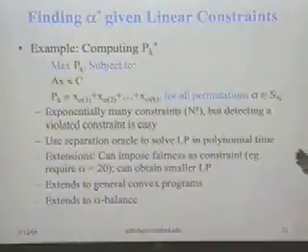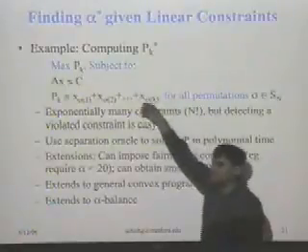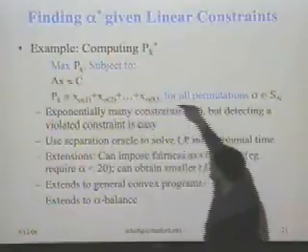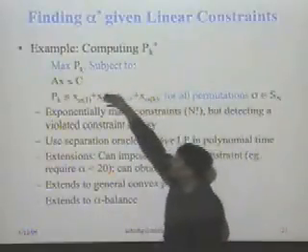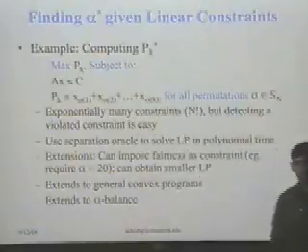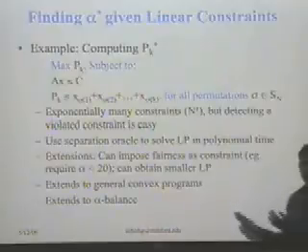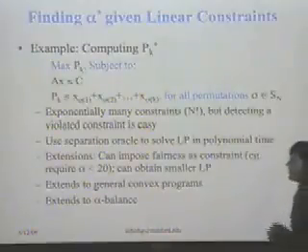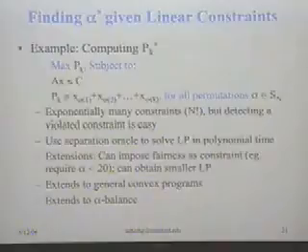How will you detect a violated constraint? Given a candidate solution, you would just arrange all the x's in increasing order. Once you arrange them in increasing order, you know that's the permutation that's going to violate the constraint, if any, and you just check for that permutation. Either that permutation satisfies the constraint, in which case there are no violated constraints, or it doesn't, in which case you have found a violated constraint. So you can use this notion of a separation oracle to solve this linear program in polynomial time.